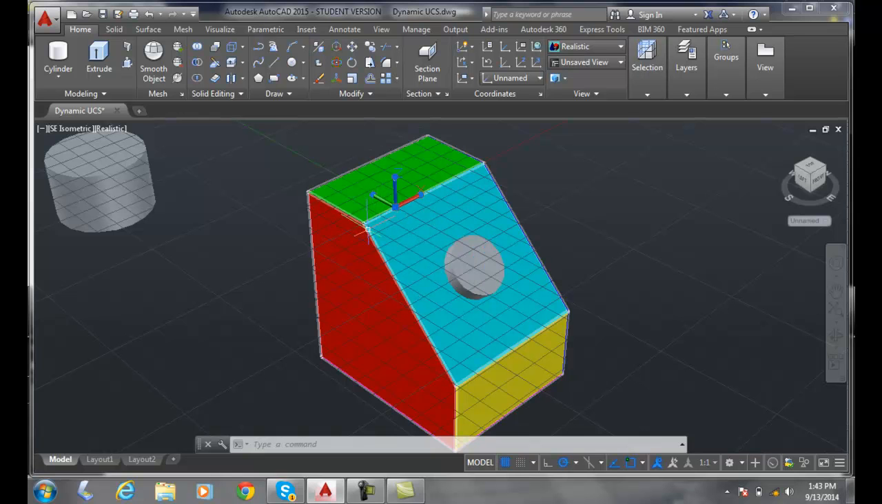So essentially it's a very on-the-fly kind of thing, is to go ahead and just pick the